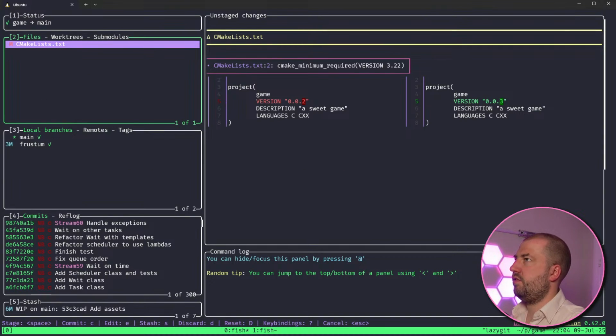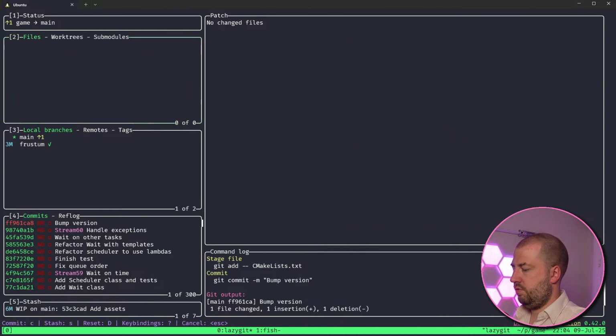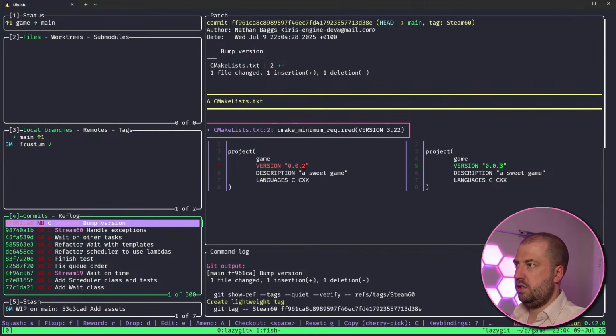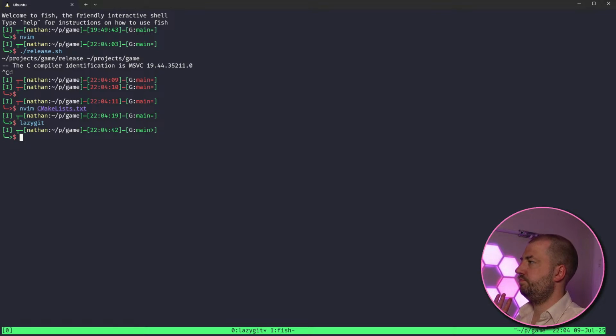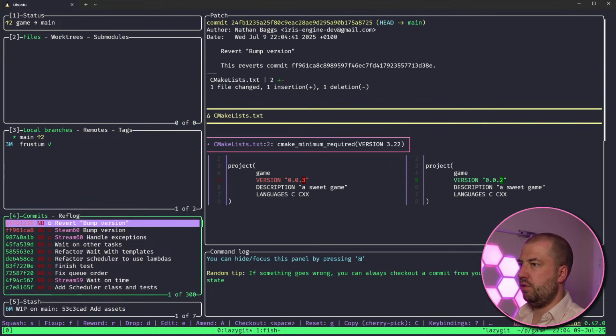Watch as I faff around with my tooling now. Commit: bump version for stream 60. I'm so glad so many people watch me really fail at Git then.